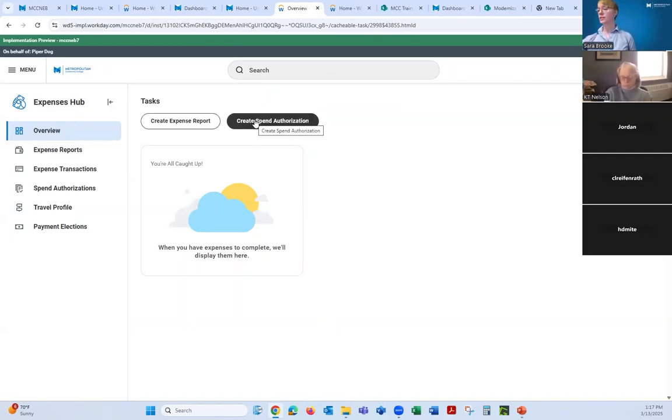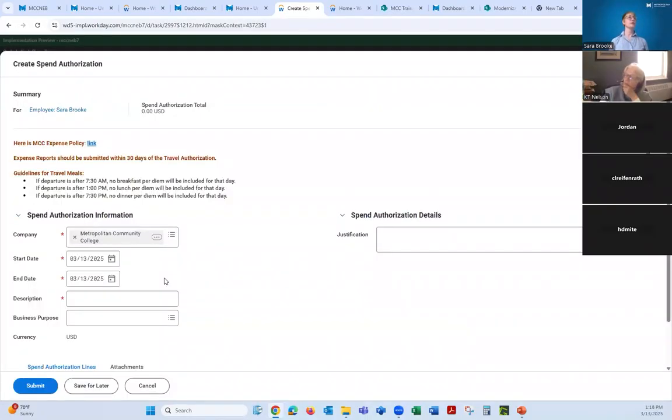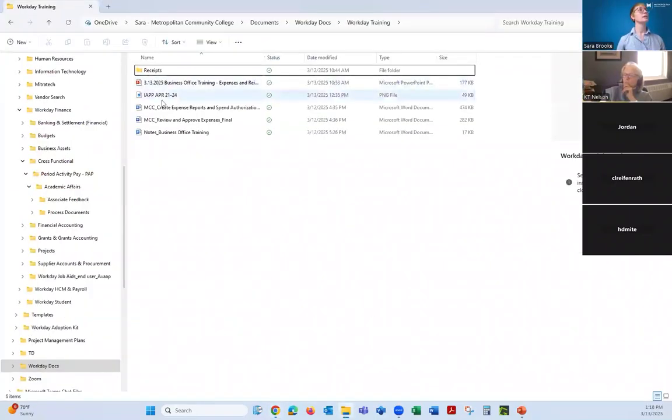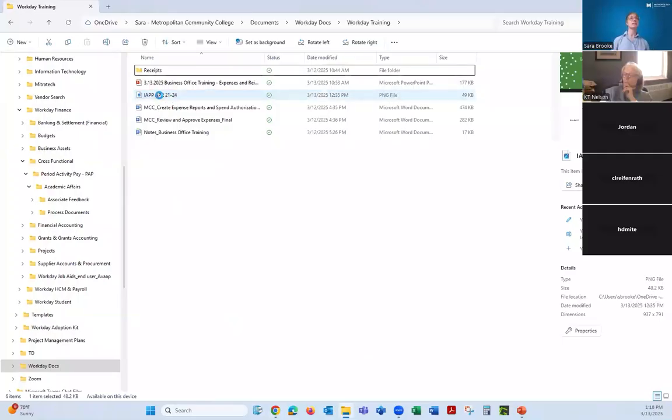For the spend authorizations, these are upcoming travel events that you'll want to get authorization for from your supervisor. When clicking a spend authorization, it will bring you to this main screen here. All of this information populates to your current role and the current date. So if you're going to take a trip in the future, you will adjust the start date and end date. And Piper is a member of an organization called the IAPP, and he's going to take this trip in March